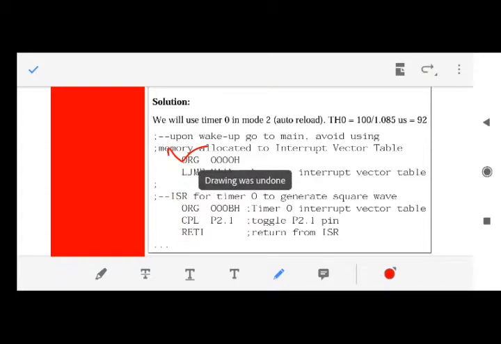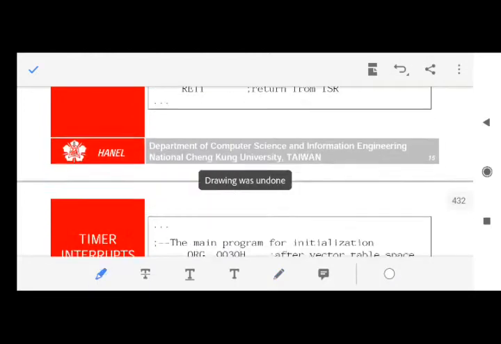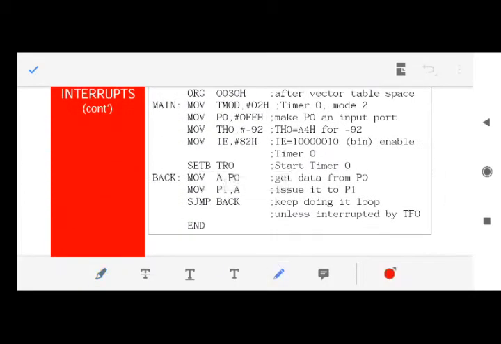Fine. Because 8051 doesn't know from where to execute. It will start executing from the first line. So the second line of the ROM says that please jump to the main program. So where's the main program? Let's see. This is our main program. Fine. You will also write your answers like this only.